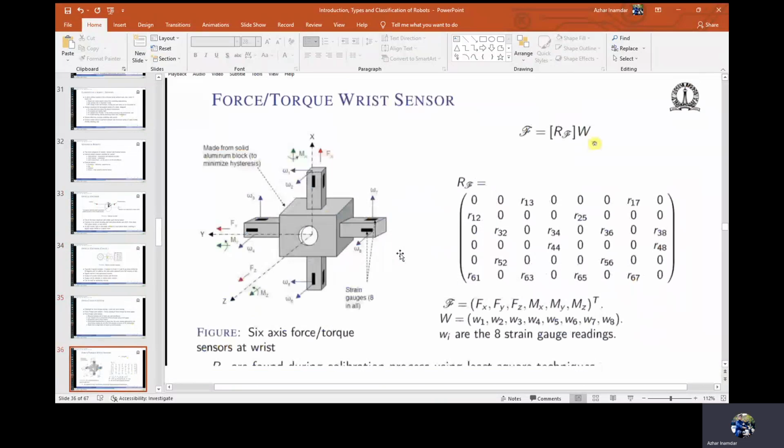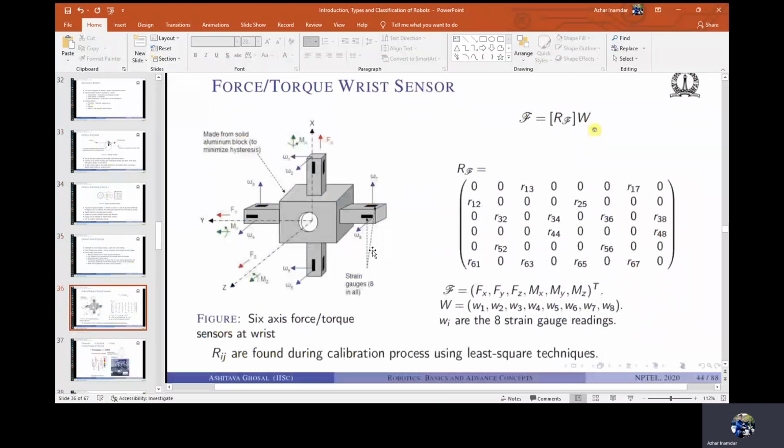Okay, mounted between the end arm and the end effector, it can measure all six components of force and torque using strain gauges. It is extensively used in force control. I would like to control the forces which the end effector is applying to the environment. In any control, if you have to measure and use feedback, this force torque sensor is used to measure the force,